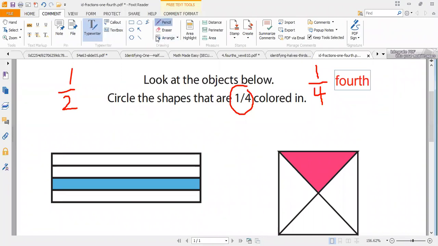No. Why? Do you understand the meaning of a fourth? No. We said the fourth means